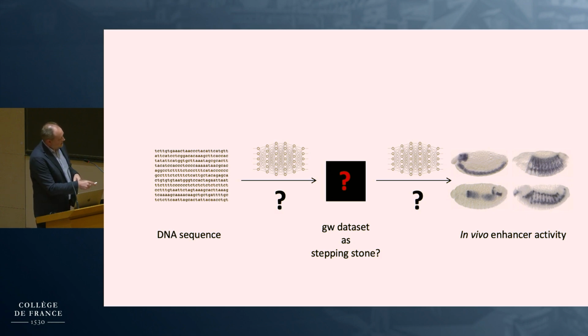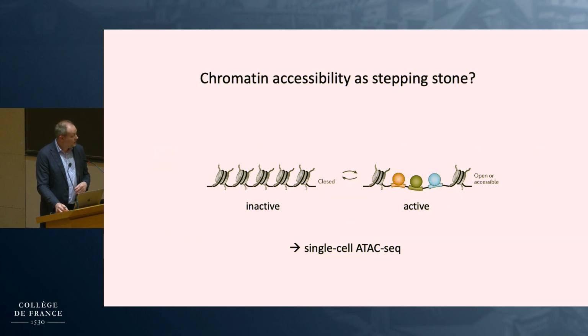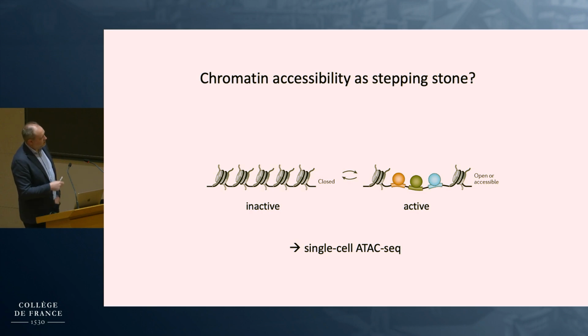So a genome-wide data set that could serve as a very good stepping stone, we argued, is ATAC-seq, or more specifically single-cell ATAC-seq, which is now widely available, and as we heard in Mira's talk or in the question-answer session, is closely related to enhancer activity. But of course accessible open regions are not exactly enhancers, they could serve many other functions. So we thought as a stepping stone this could be very good, and we teamed up